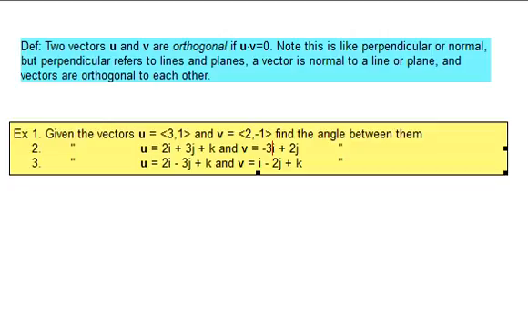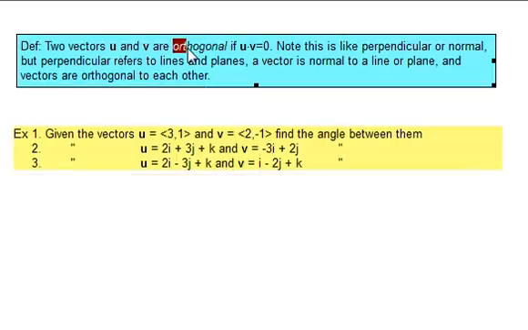Well, now I'm about to give you this official definition of orthogonal, which is a funny word. Yes, it is a funny word. It's kind of like perpendicular. Vectors u and v are orthogonal if u dot v is 0. Now, orthogonal, what does that mean? If u dot v is 0, the angle between u and v is pi over 2, 90 degrees for degree